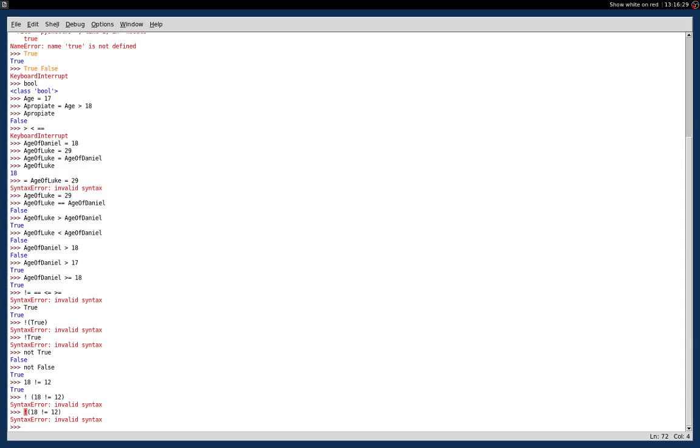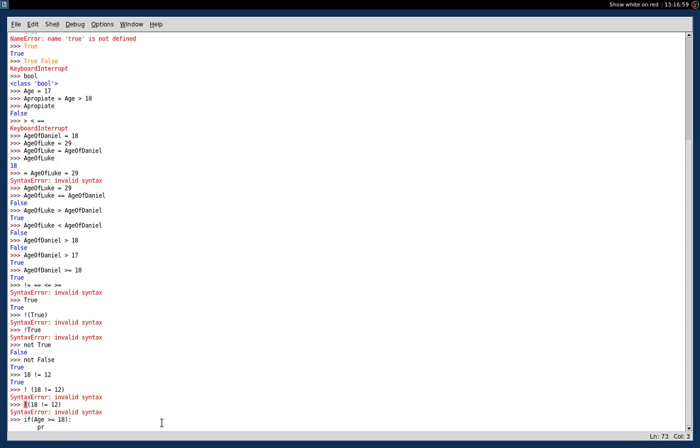Now, why would you use them, or how would you use them? Well, basically you can use them in something called an if statement, or an if block, however you want to call it. What's an if block? It's basically a block of code that executes when certain conditions are met. Let's see, if age is greater or equal to 18, you will print